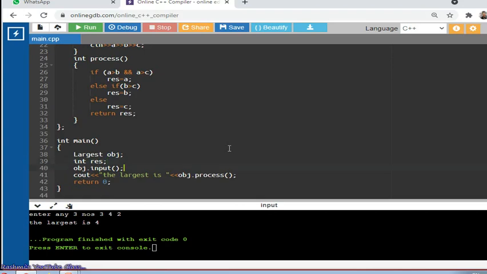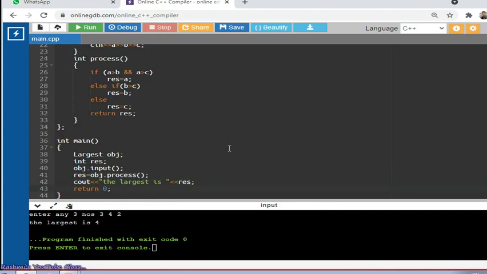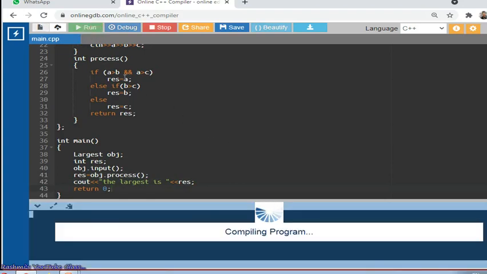So I wrote areas, and here I can write areas equal to, I can copy it from here and paste here. So widget or process, that will be res equal to widget or process. Then here I can simply print res. This concept also all of us already learned in function. Fine, let's run this.